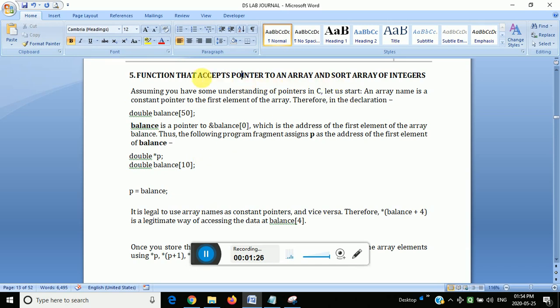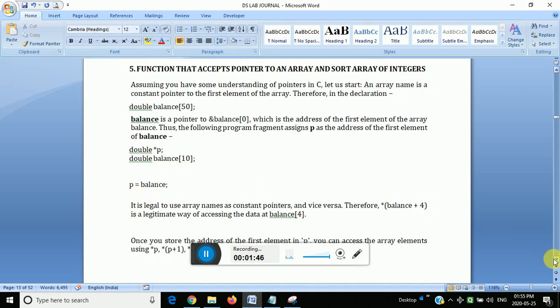So what exactly does a pointer to an array mean? First it will create a pointer, star p. Next a normal variable, a normal array without any pointer, will be assigned to p.